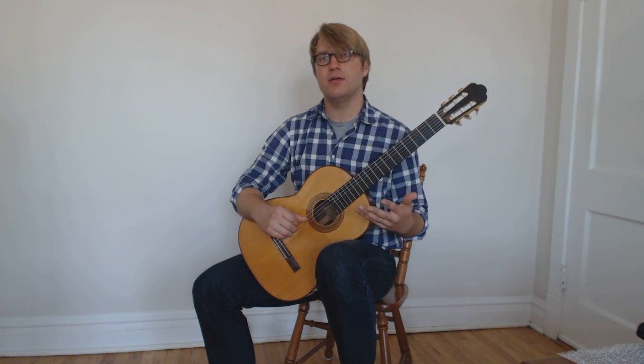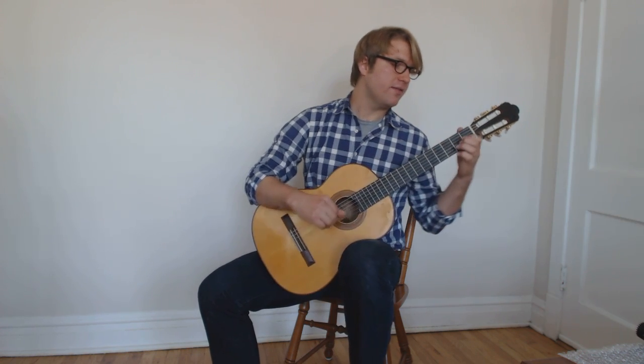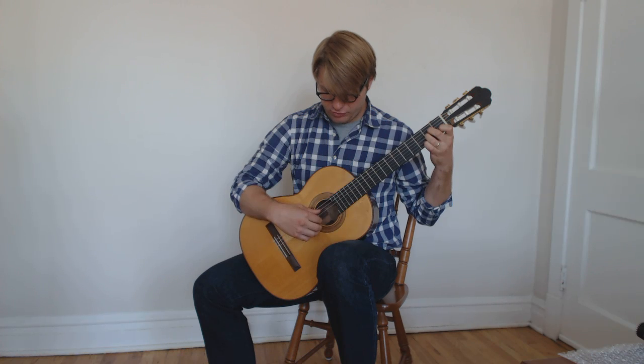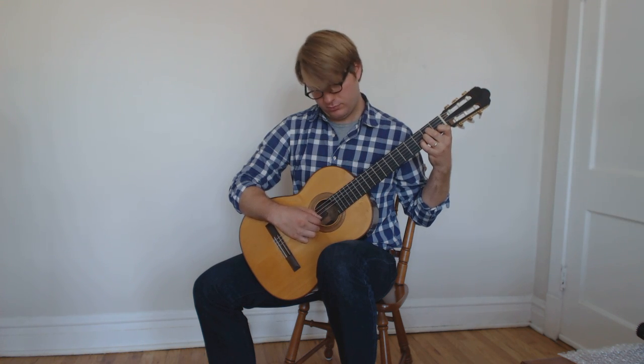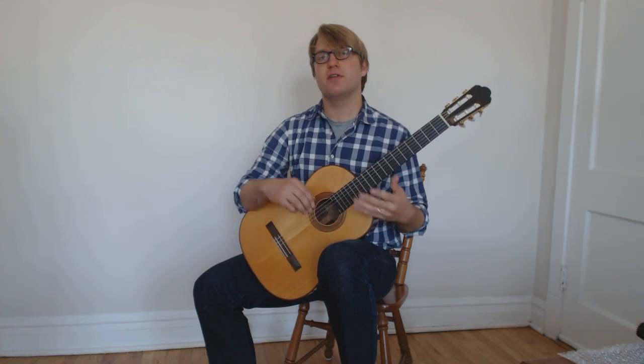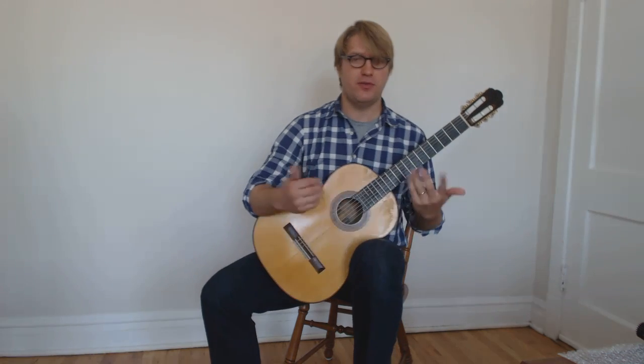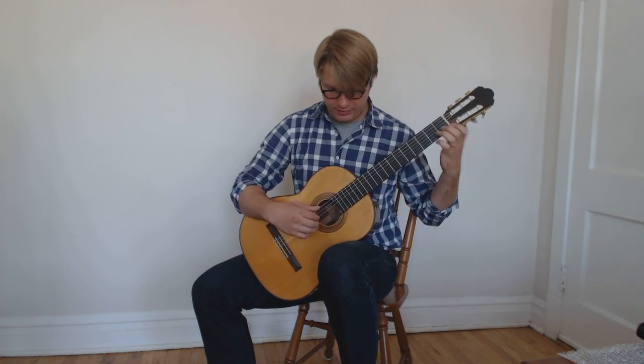Once you get comfortable with that, a great way to go from there is to hold down common left hand shapes, and then see if you can do a tremolo with the thumb moving to different bass strings. I've included a short little study that you can work on. You can use any chord progression or song that you're already playing, but you can use this one too. It starts with an A minor chord. So I'll just play that really quickly. So the study I've included is